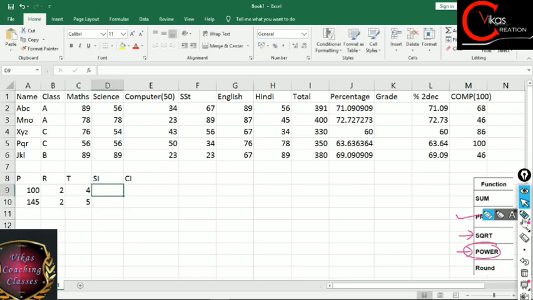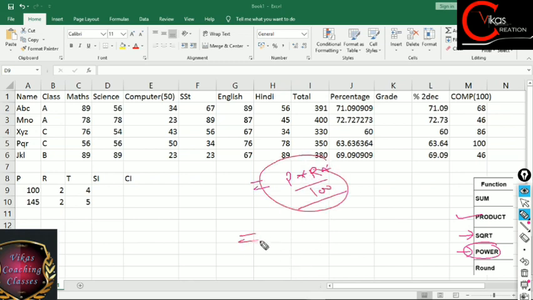As we all know, if we are calculating SI, the formula will be the simplest one. We simply have to write P into R into T upon 100. But the moment when you are calculating compound interest, it becomes very complicated, because the formula of compound interest is something like this. We have to write P multiplied by (1 plus R upon 100) to the power n, where this n is generally our time, and then we have to minus P from this whole. Fine. So because this formula is a bit complicated, for this case we can use the POWER function over this side to perform this process. Let me show you how.